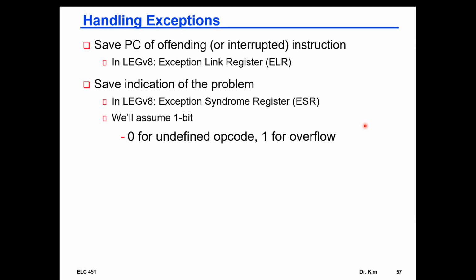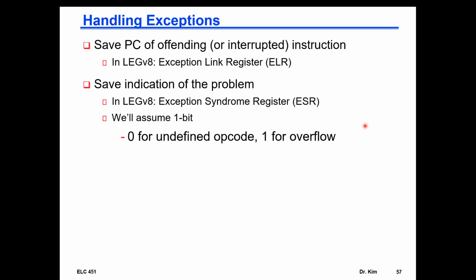So what would we do to handle exceptions? Well, for handling exceptions, the ISA that we are studying for ARM has defined the following steps. We have to save the program counter of the instruction that caused the exception. We save that in the exception link register, which is a special register defined in the ISA. And then we save the indication of the problem in what is called an exception syndrome register. So this is the cause of